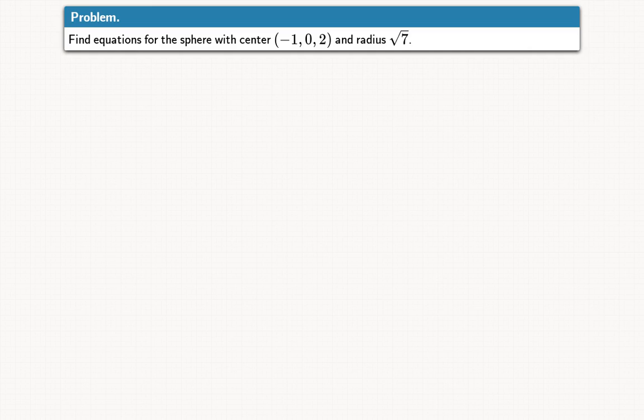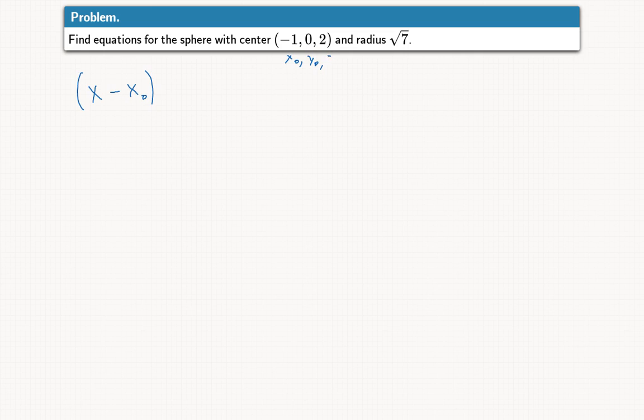In this video, I'll work through some example problems. So first, let's say we were asked to find equations for the sphere centered at -1, 0, 2, and radius square root 7. So remember that in general, the equation for a sphere centered at x0, y0, z0, and